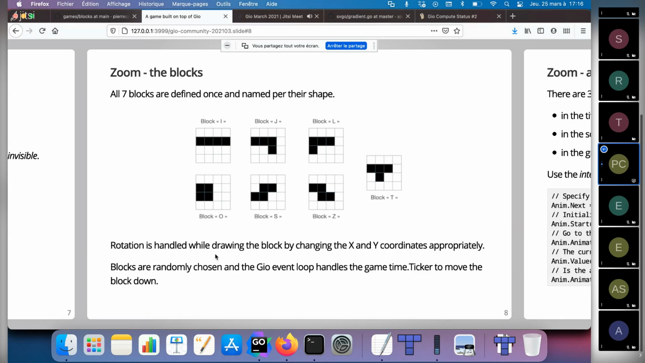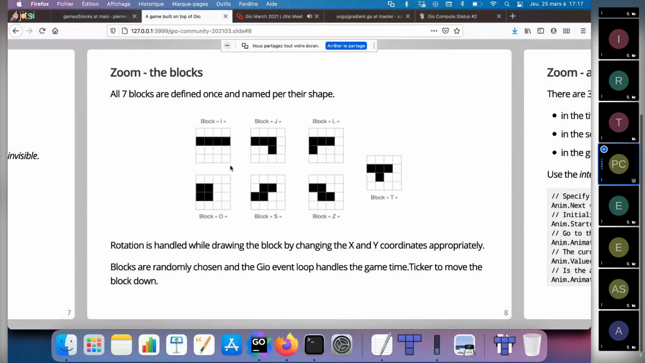So when the user presses either the left or the right key to rotate, then I actually change the way the block is drawn on the grid by looking at it from a different angle in terms of coordinates. So if it rotates towards the right, it's actually like looking at the block from the bottom here and the bottom left, etc. So if it rotates to the left, it's actually looking at it from the top right. So that allows me to actually define the blocks only once